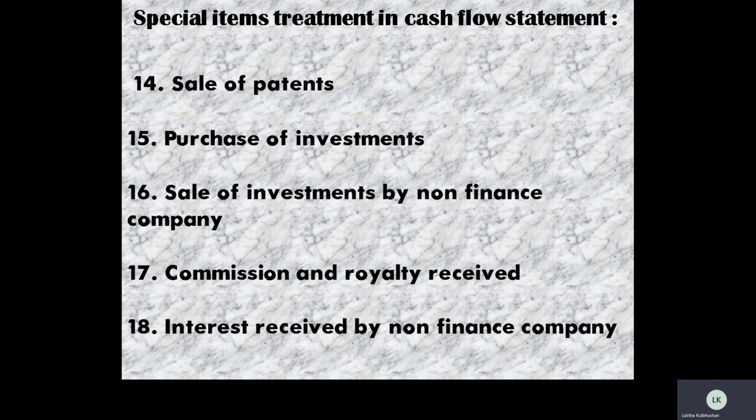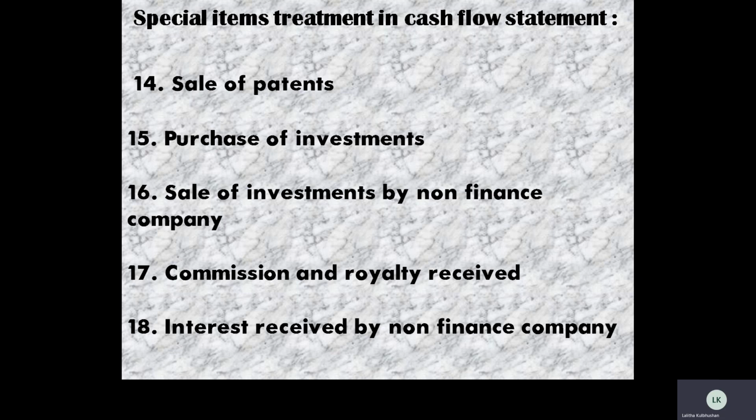So in such a situation, interest received by a non-finance company, if it has been given, is an investing activity by nature. But if we make a cash flow statement, you can see the effect of this in one more section, that is under the operating activities. It is deducted as non-operating income as well. Hence, interest received has two aspects. Though by nature it is an investing activity, it is shown twice in the cash flow statement.